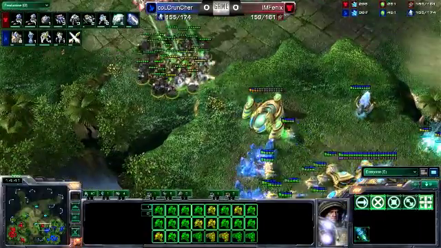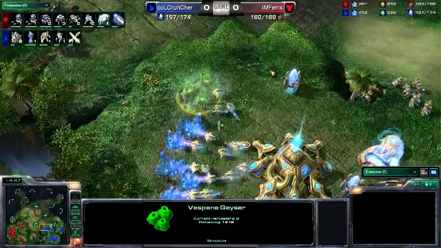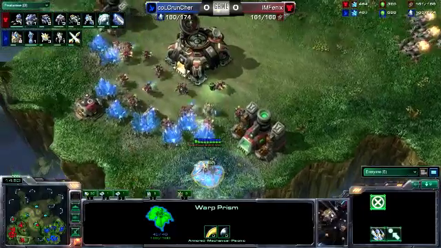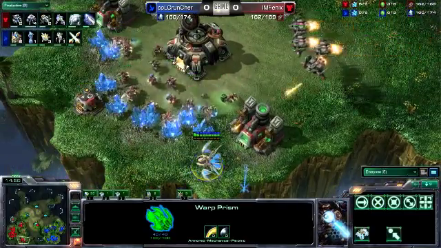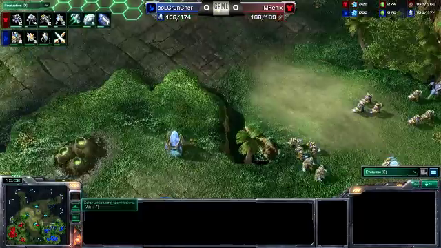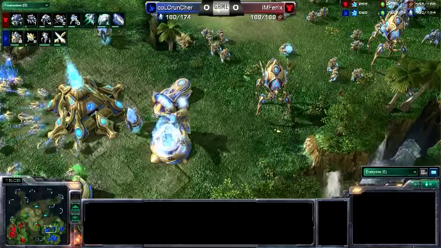Now again, coming up here, taking out that 1 assimilator. Finally, it will go down. This represents a very, very big advantage coming in for Fenix. Taking out that 6 gas really represents a lot. If you think about it in percentages, you have 6 gas. If I take one of those out, that represents just about